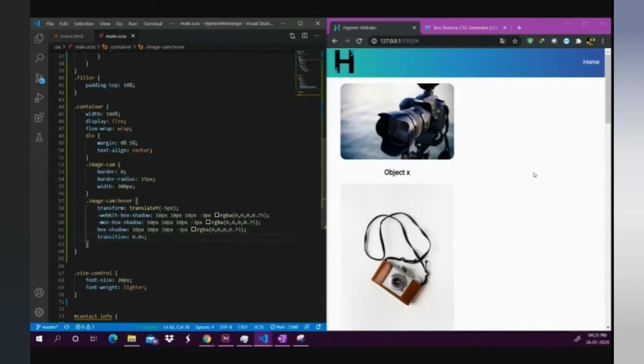I will save that, and you can see that now it takes a bit of time to come up. But when it goes down, it is abrupt. That is because whenever you are hovering, this part is applied. Whenever you stop hovering your mouse over the image, this part comes back. So we need that to be smooth as well. So one of the options is giving transition 0.5 second on image cam also. The other method is going ease in out. To use ease in out,